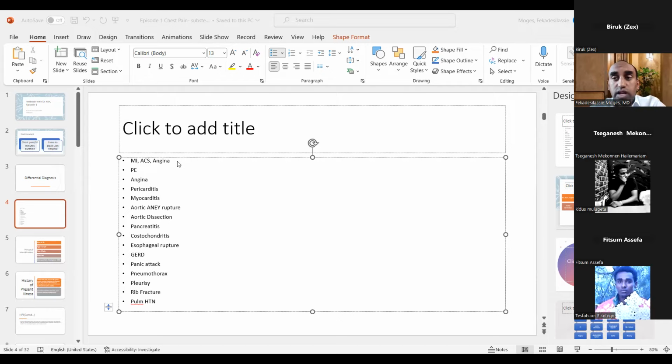That is a very beautiful consideration because you considered a risk factor. This patient is male, so he's at high risk of myocardial infarction, angina, or acute coronary syndrome. Age is 62, so at least age and sex put this patient at high risk. And the characteristics of the pain: acute onset, short duration, substernal chest pain. Considering risk factors and presentation, MI and angina are among the differentials to be on top of our differential diagnosis.